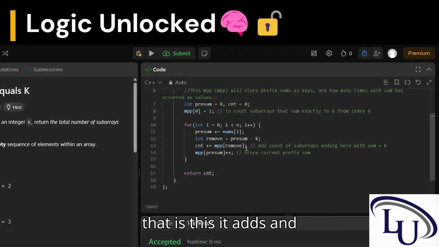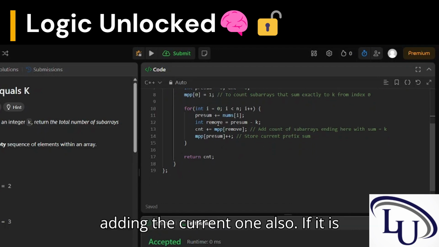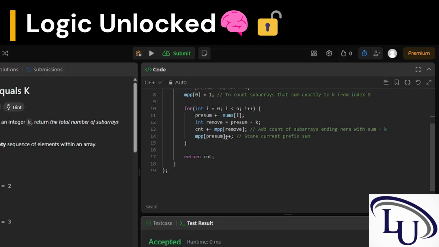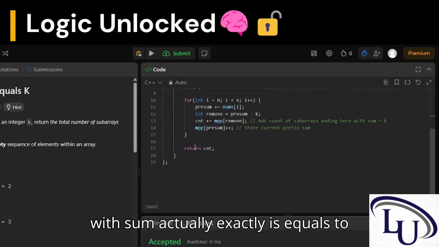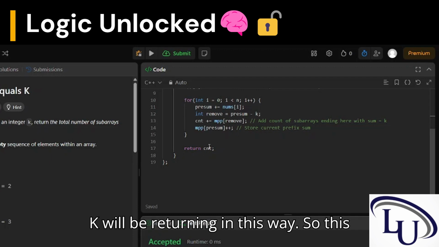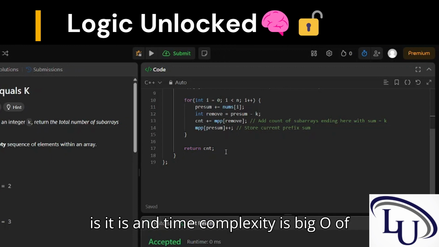That is what it adds. And next, record the current prefix sum in the map so that future subarrays can use it. It will be adding the current one also if it is equal to the current prefix sum. Then the total number of subarrays with sum exactly equal to k will be returned in this way. So this is it, and time complexity is big O of n, space complexity